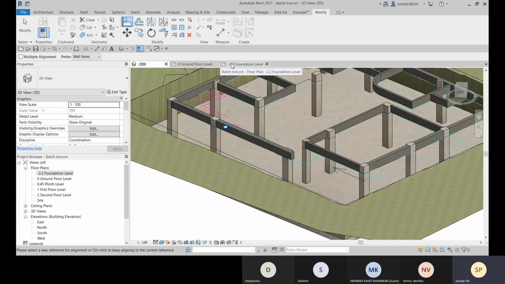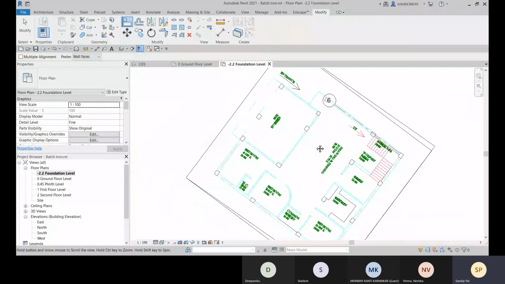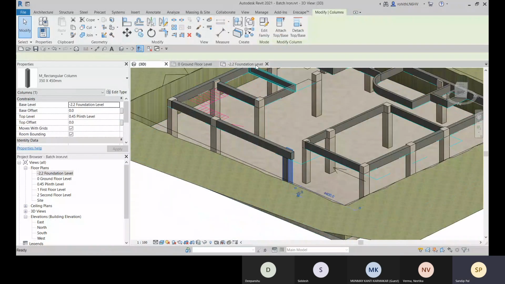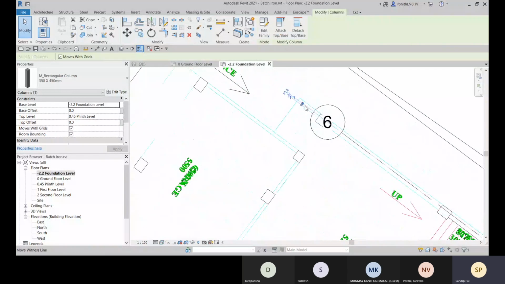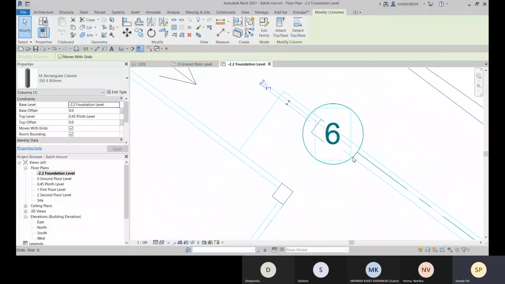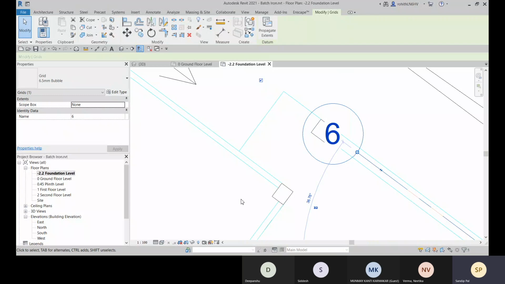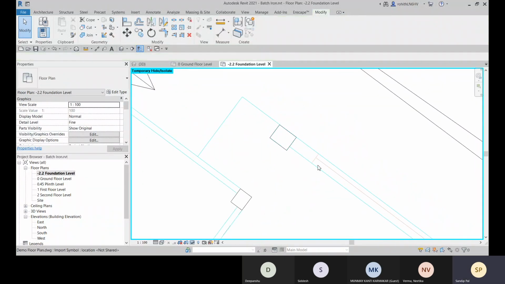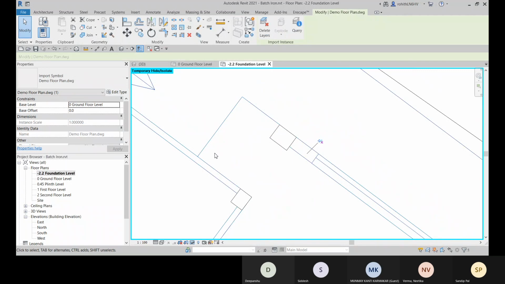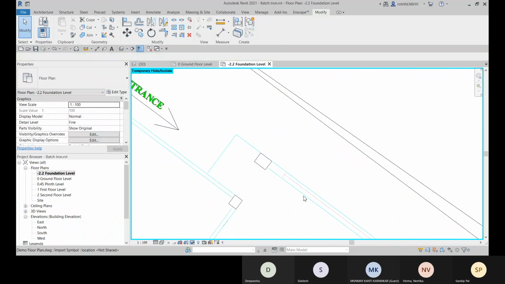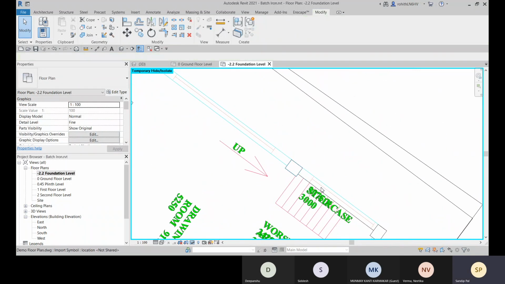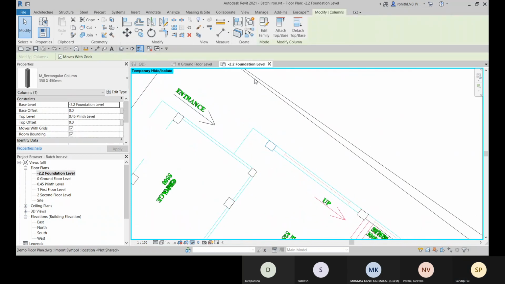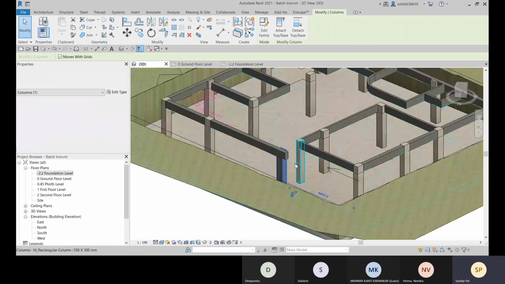So go for that foundation level. You select it here, it will be still selected. Right, so this is the one which is selected. Go for HH. Let me hide it, and where is the wall? Okay, let me check in 3D.